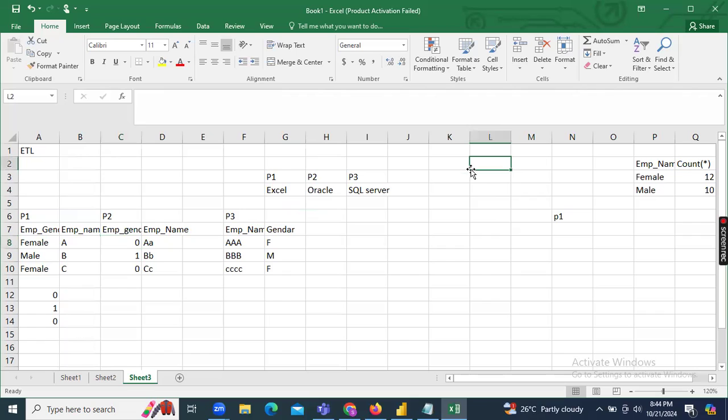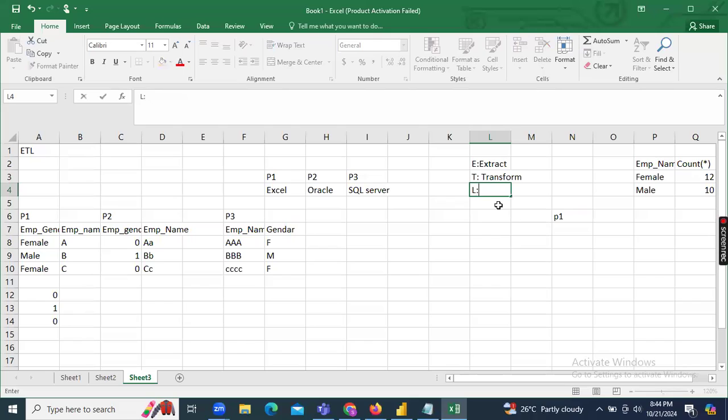Here is step by step what we are going to do. First step is E. As I said, we are extracting the data, and after extracting the data we are going to perform some transformations. Transformation in the sense either changing the column name or replacing a value with another value, or combining the data from different tables. Table in the sense project one table data, project 2 table data, project 3 table data. So we have lots of transformations. I will explain you in the upcoming classes.